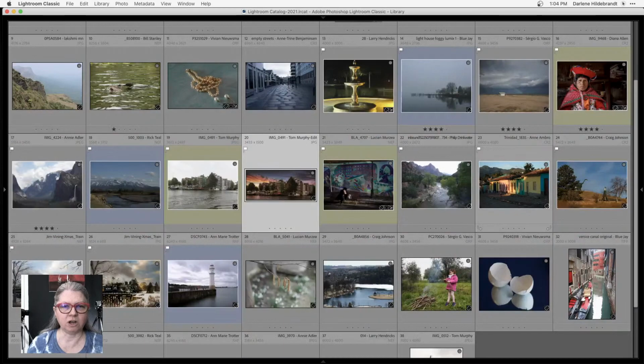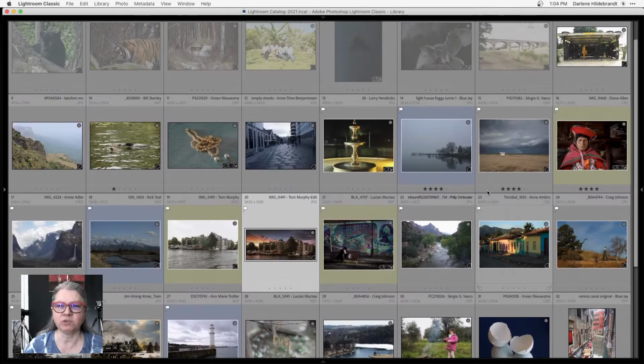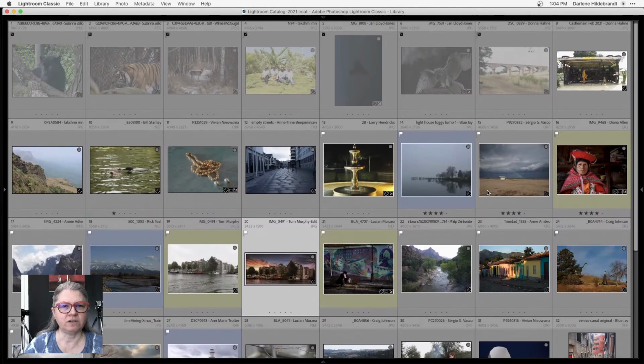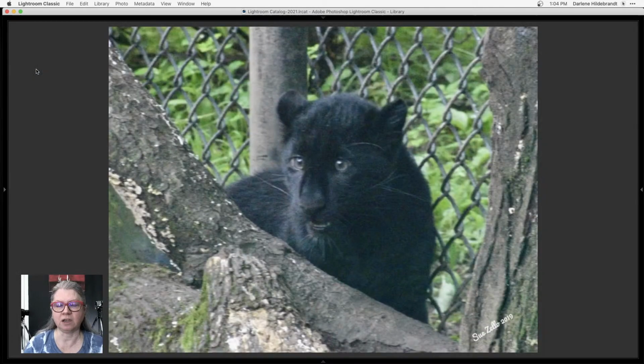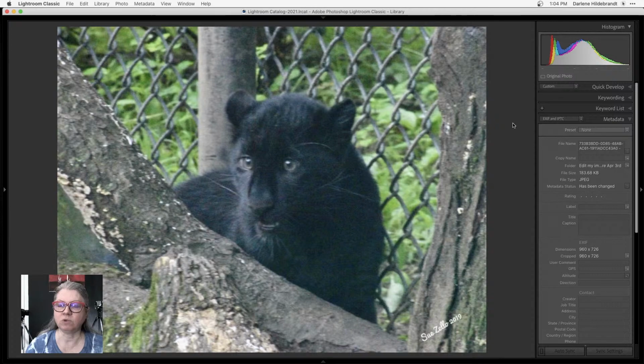So I've got several images submitted. You guys did great. I've got a few also that I'm not able to edit, and I want to show you, just run through a few of those quickly. And so if you want to resubmit images for next week, just make sure that you are sending me images that I can work on. So this one I can't do because the image is too small. It's only 960 pixels. It's very, very small, and it's a JPEG, right?